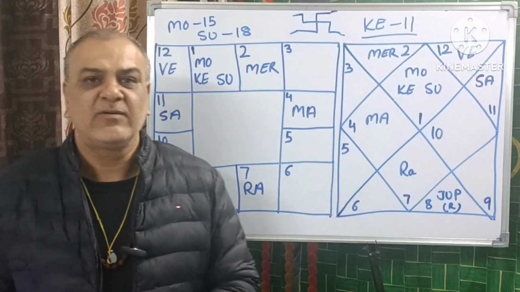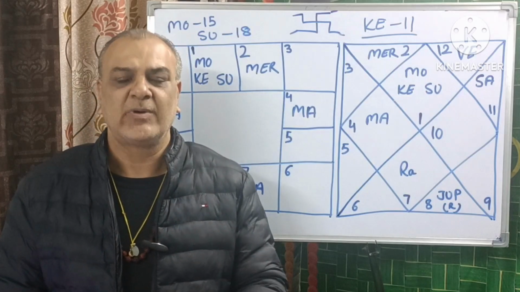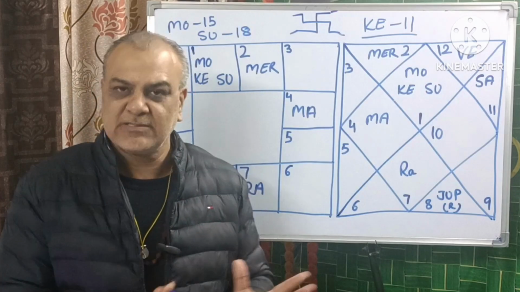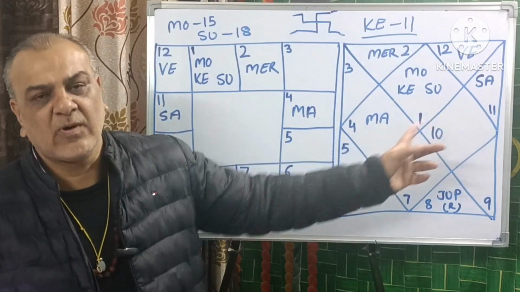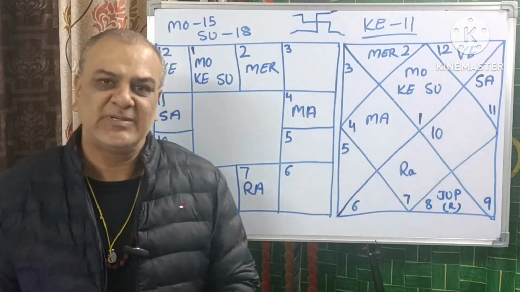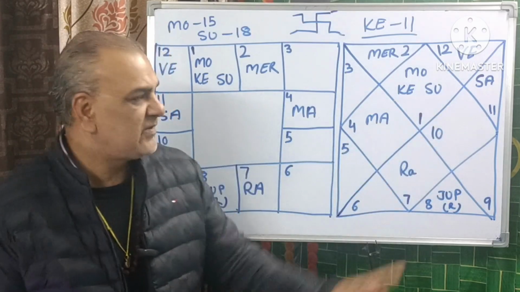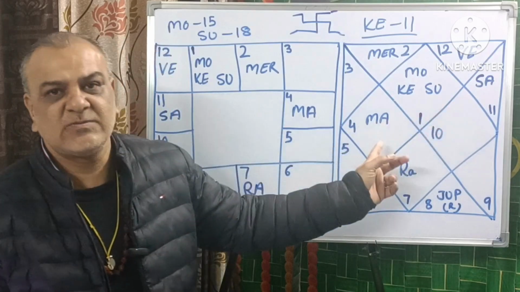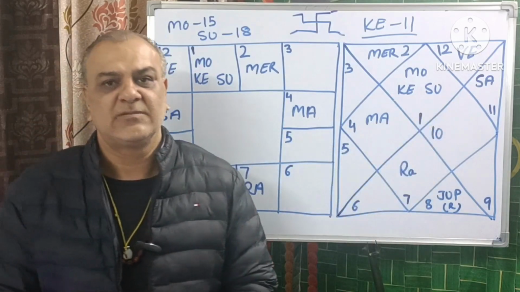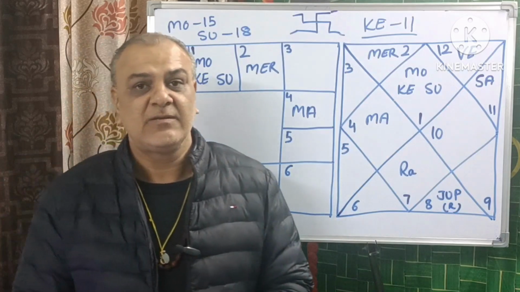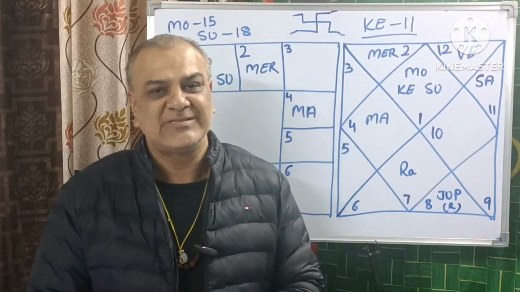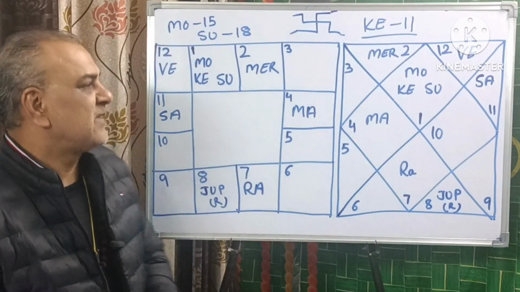Mars is a planet of outsiders, your subordinates or your colleagues, third person. So every time he has problems due to third persons in his professional life, this is because of the aspect of Mars on Saturn, and here Mars is really a very malefic planet because he is debilitated.